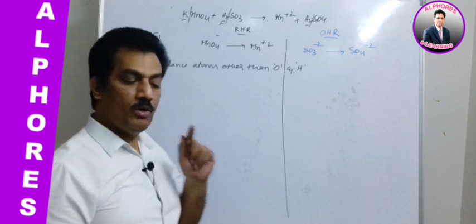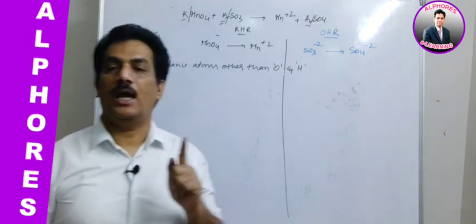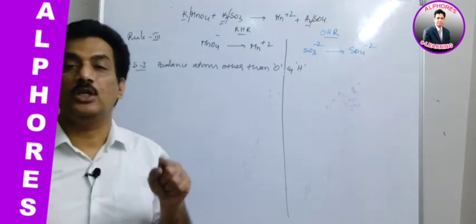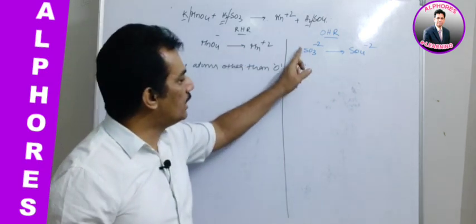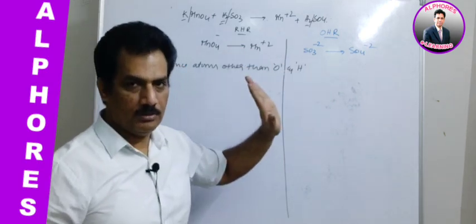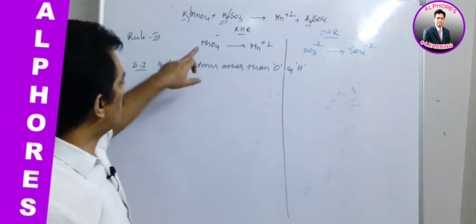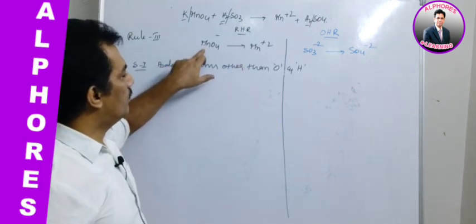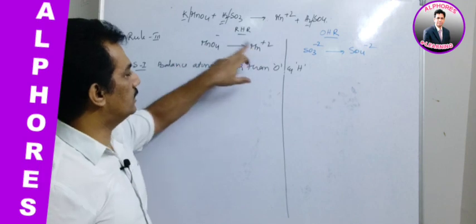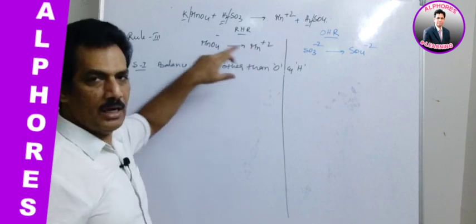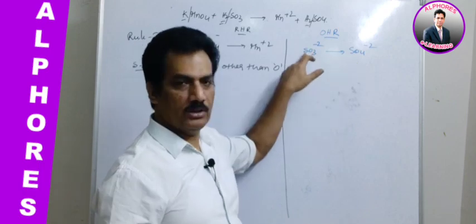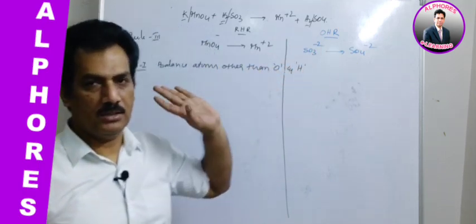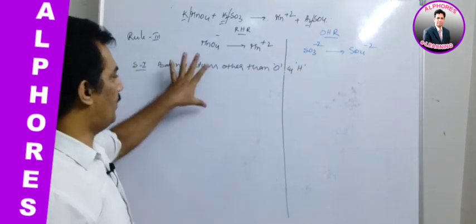And dear students, you remember, to balance such atoms, we have to consider the coefficient. We have to write the coefficient, the number here, not the subscript. Clear? And now let us try to get. Here, manganese is other than oxygen and hydrogen, but manganese is already balanced. In this case, sulfur is other than oxygen and hydrogen, but already sulfur is balanced. So we need not use step 1.